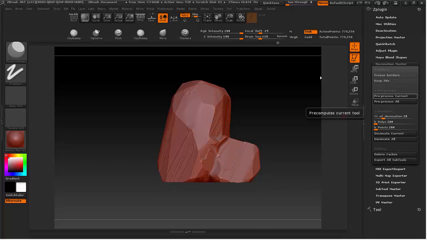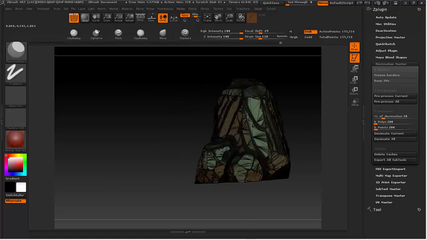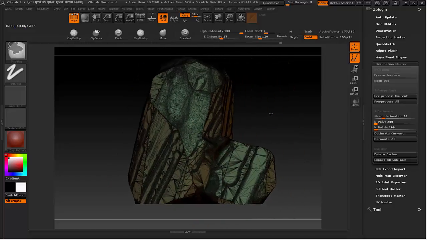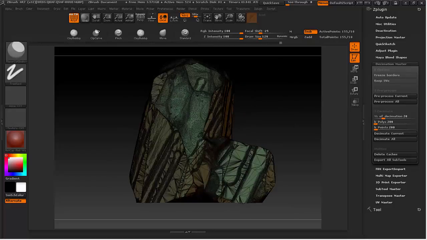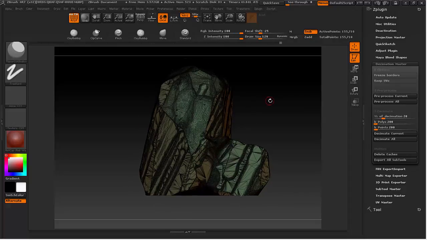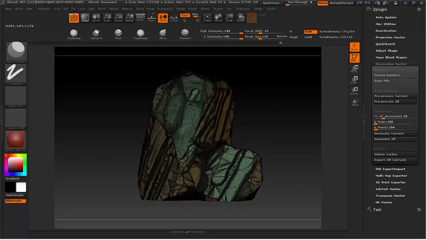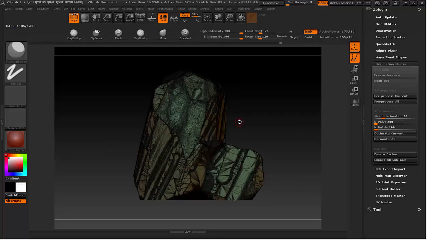Okay, so it's done. When I hit Decimate Current, you probably think that nothing has happened because I've just pressed it and you haven't seen anything happening. But if you actually look at the wireframe view of the model, it has been reduced drastically. Now it's not the best way of remeshing, retopologizing your meshes. But in our case, since we are dealing with really flat angular surfaces, it will work